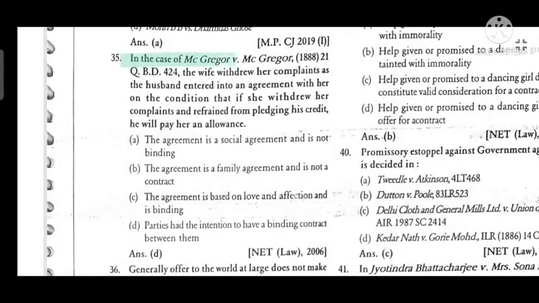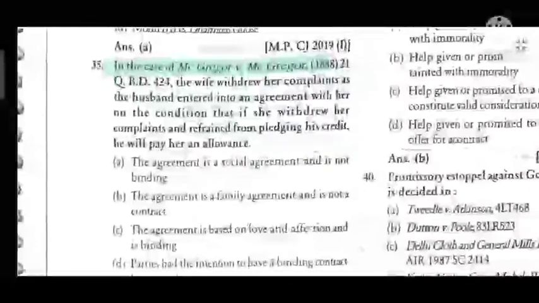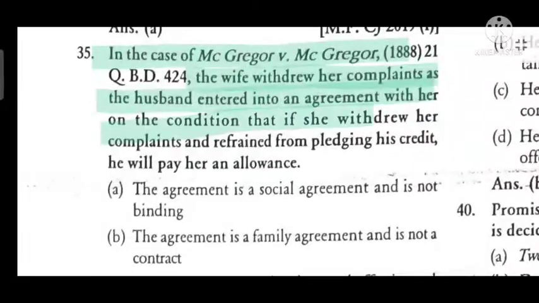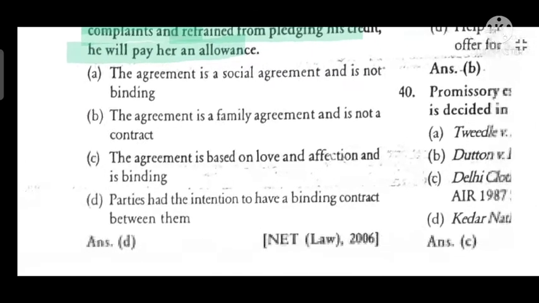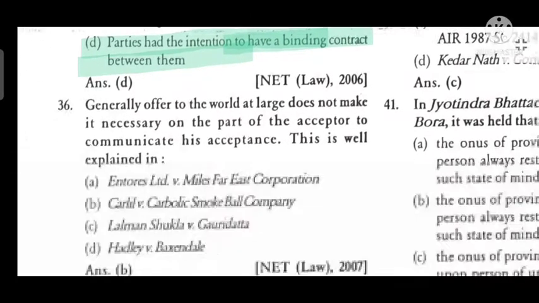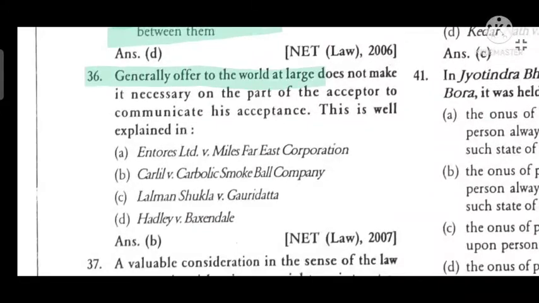In the case of Balfour versus Balfour 1882, the wife withdraws her complaints and the husband enters into an agreement with her on the condition that if she withdraws her complaint, he will refrain from publishing his credit and he will pay her allowances. Parties had the intention to have a binding contract between them. A general offer to the world at large